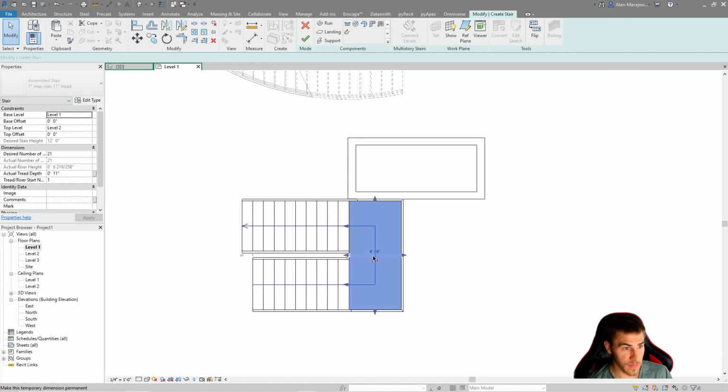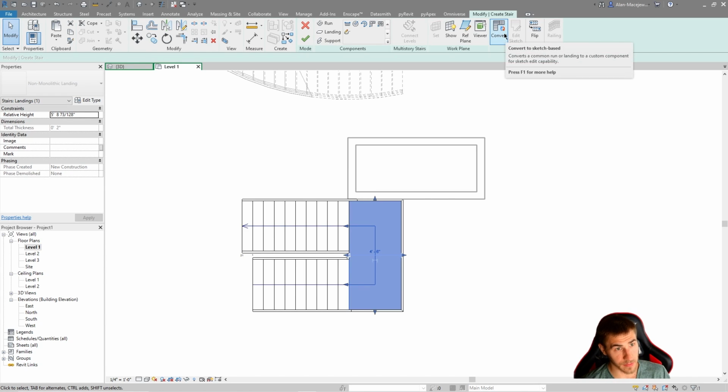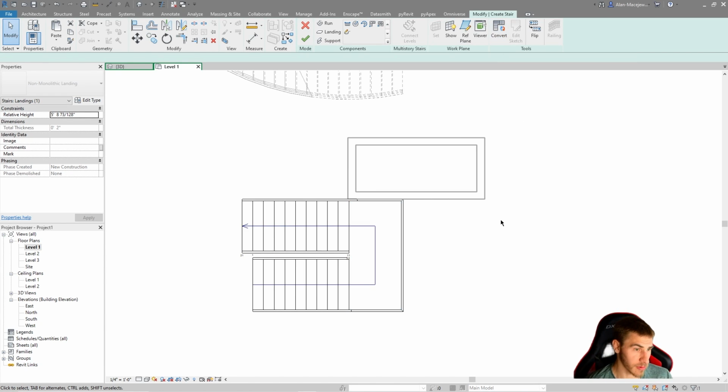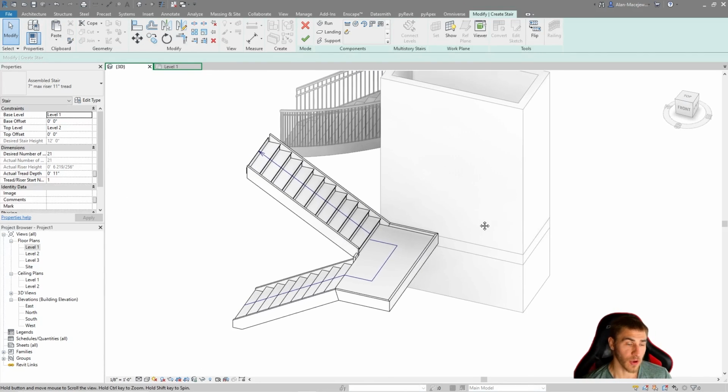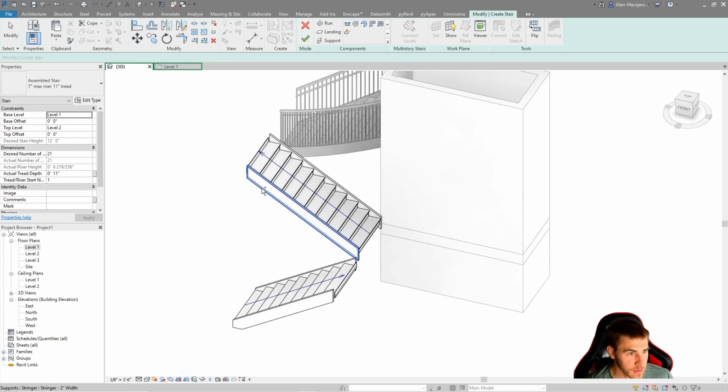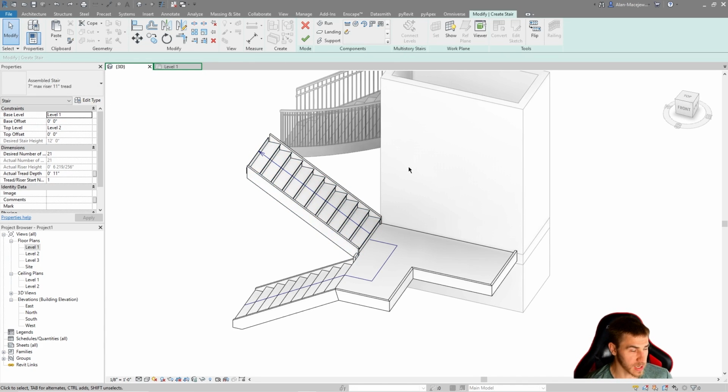And even better, this landing has not been converted into a sketch. Totally great. So I have every other option that I need to deal with. Fantastic. Look at this in 3D. I have my supports. I have everything that I would expect to see. This is great. So, well, I'm going to undo this, particularly because I want to experiment